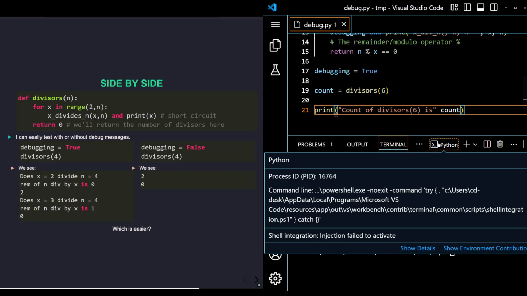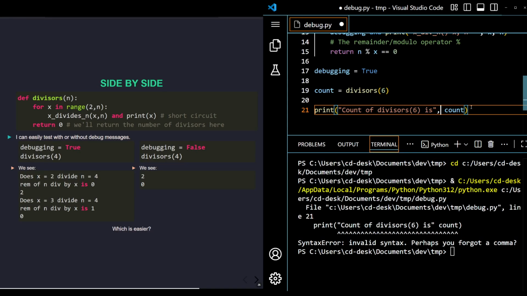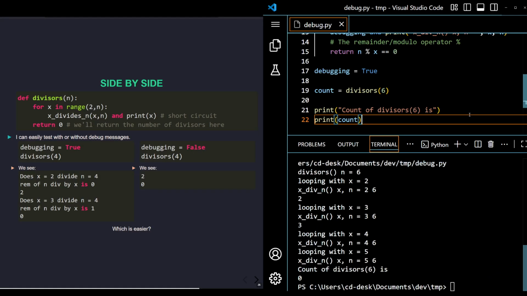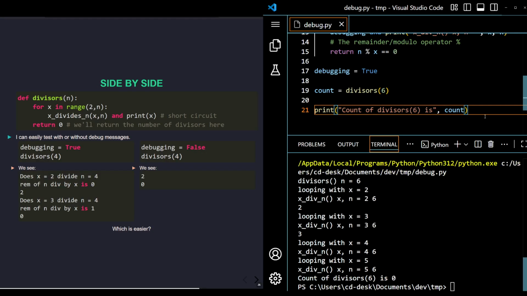I can put the comma right here, or I can start with this and then try and add things to it. For example, I can say print count based on the next line, and that is one way to fix it. But we can also just put this on one line with a comma. And there we have it. The count of divisor 6 is 0. That's wrong. There are two divisors. We saw both of them. So someone has to do something about that,